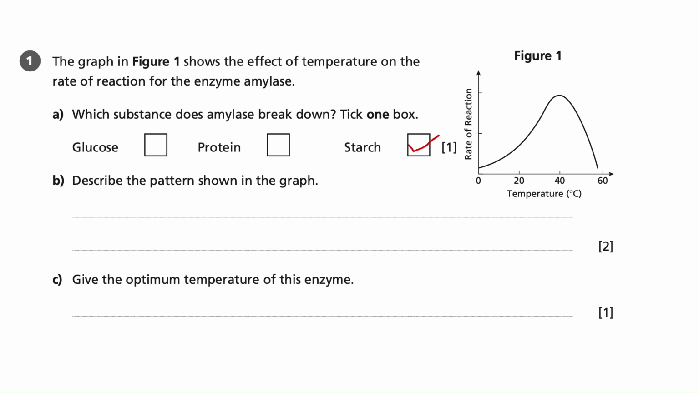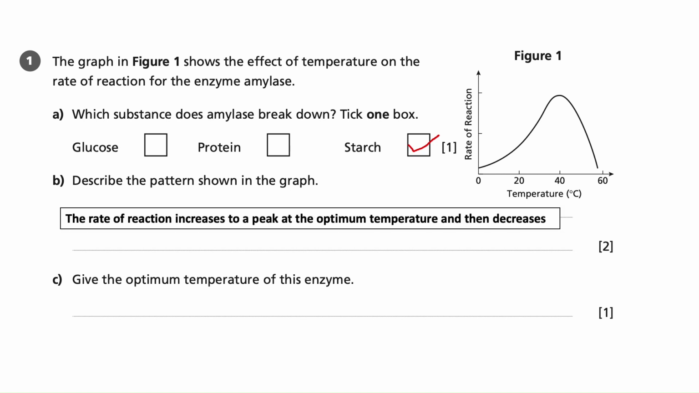Now looking at part B, we're asked to describe the pattern shown in the graph. Now, we can see here how valuable it was to look earlier at that graph because we've already done the answer to this in our heads before we've even written anything. And it was the idea that the rate of reaction increases to a peak at the optimum temperature and then decreases. The marks here are awarded for the rate of reaction increasing to the peak and then decreasing after that